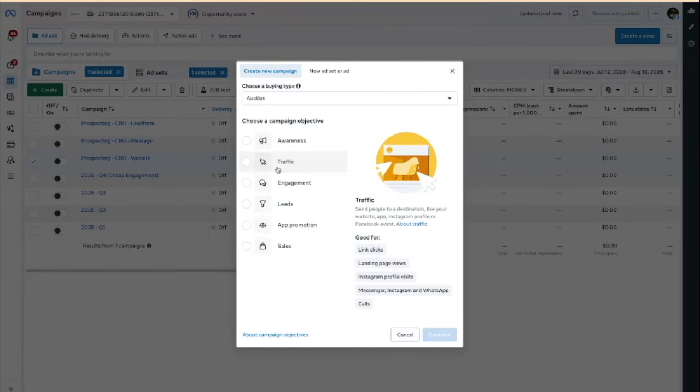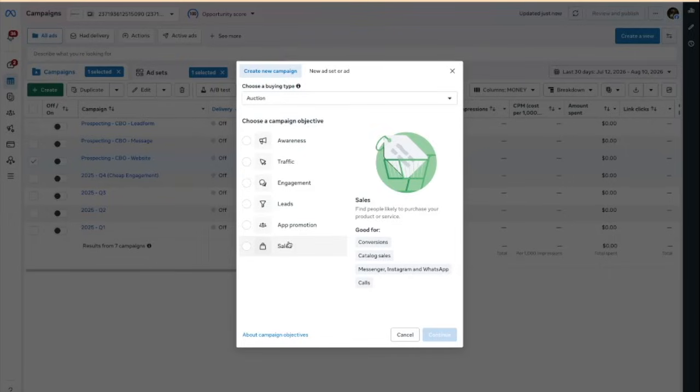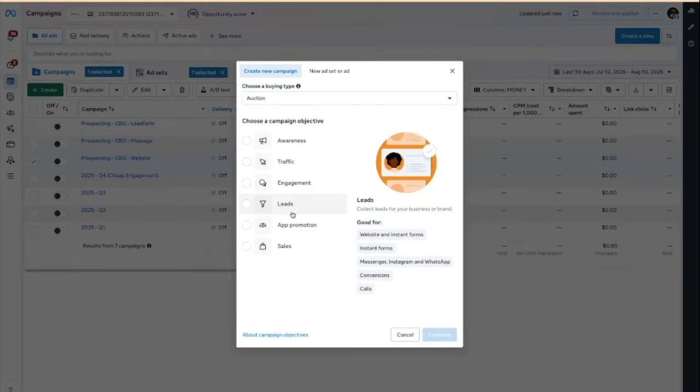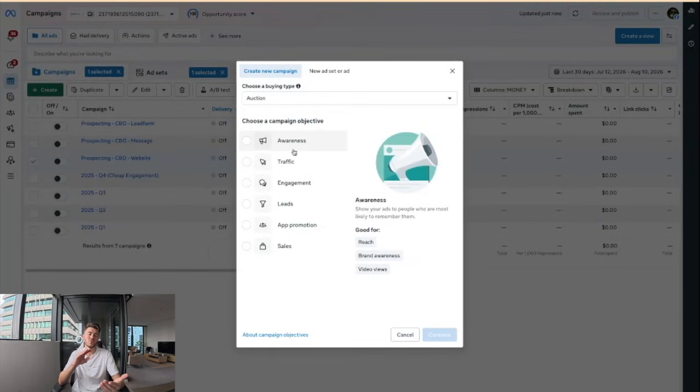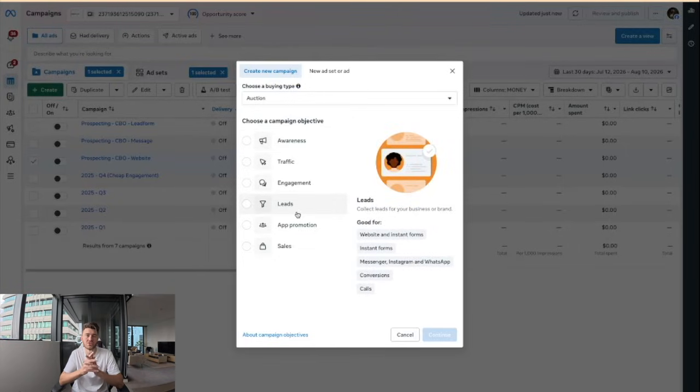But look, here's the type of ads you can run. Awareness, traffic, engagement, leads, sales. We're not going to run sales. We're not going to run app promotion. You'd probably want to focus on these four. And as I said, I'm biased, but leads are the best. Engagement, traffic, and awareness is good if you want to send people to a messenger. So if you actually want to get them to speak with you directly in the DMs, or straight to a website. And leads is good if you want to, like I said, collect information, name, number, email, location, qualifying questions,